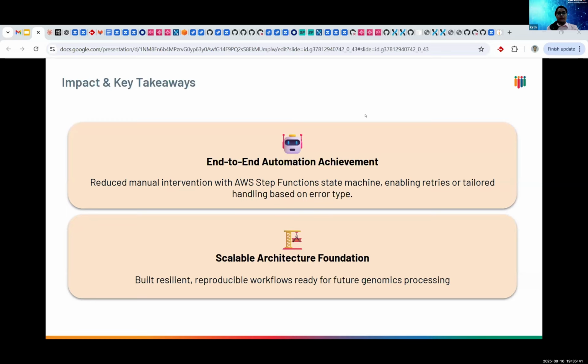So to wrap up, I would like to say that this transformation on moving on from a complete DNAnexus setup to using other platforms like ICA has also enabled us to give an MRD WGS pipeline that is way faster, cheaper, scalable, and reproducible, as we are using the state machines for it, and they are automated to a certain degree.